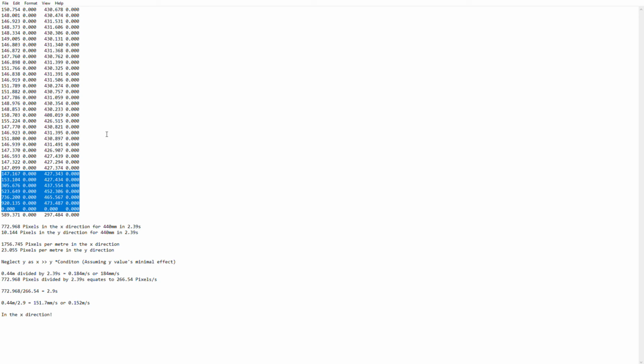We would start and stop the tracking as close as possible, if not exactly at the same time, as the physical timing or real timing using a stopwatch of the object moving from initial starting point to final endpoint